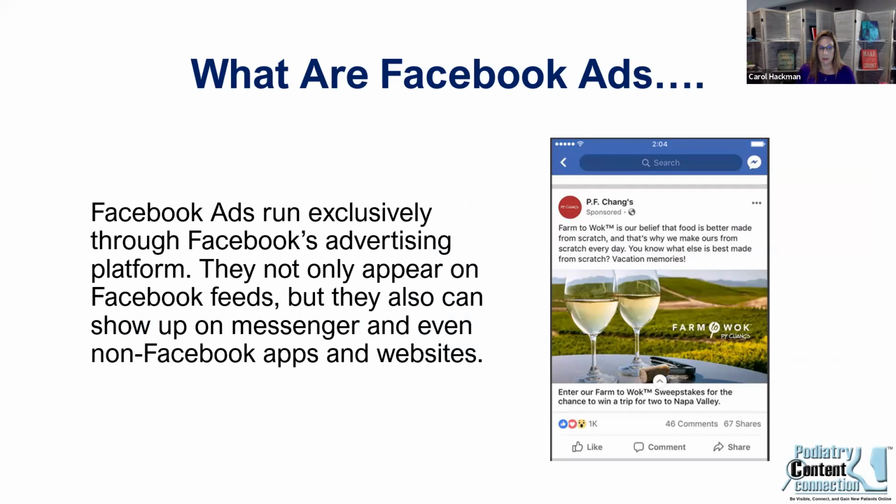But they don't only appear on the Facebook feed, they can show up in Messenger and even on non-Facebook ads and websites. So that's really cool. Facebook ads do have a large reach as well. I like to call these more of an in-the-moment ad. They pop up based on some of the information that the user has put in, and you're able to set those